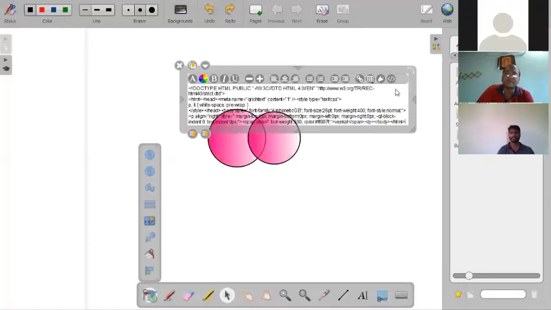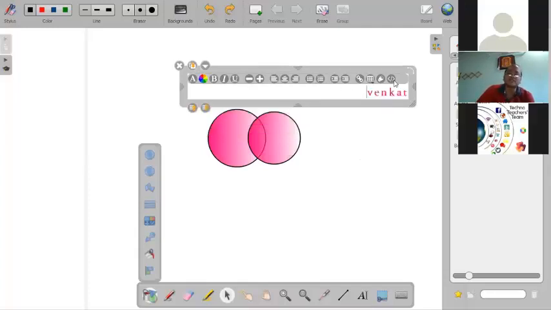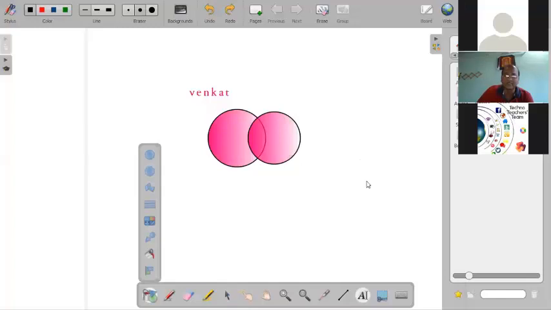Or you can embed any code here. You can copy and paste any code here. It will go to the particular website. So this is not necessary for us in the initial stage. So you can type by clicking this one anywhere on the surface and the interface, you will get it.